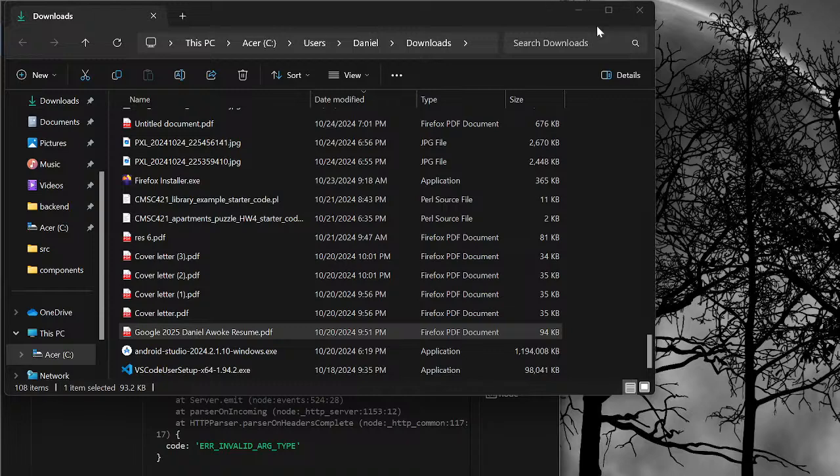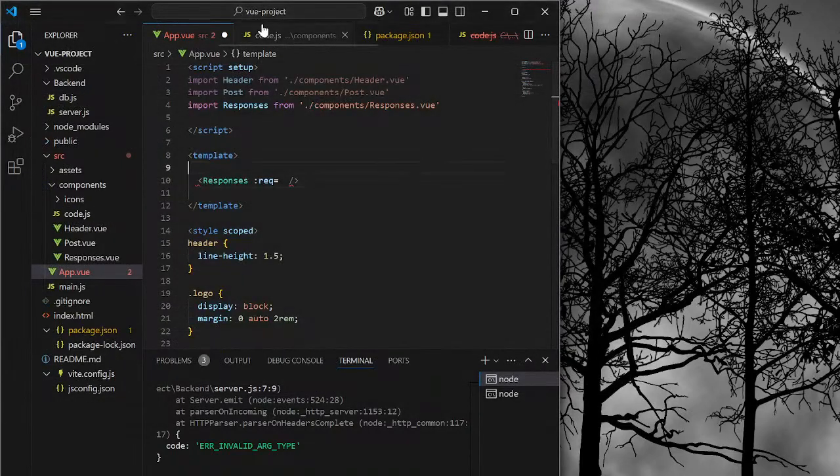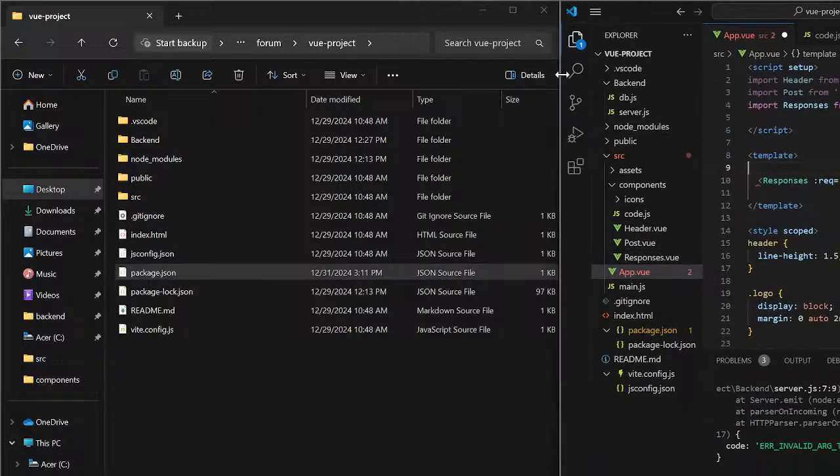I'm trying to make a form right now, something kind of simple. I'm not trying to do anything crazy. But the problem was the back end wasn't